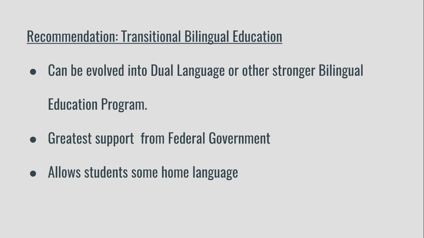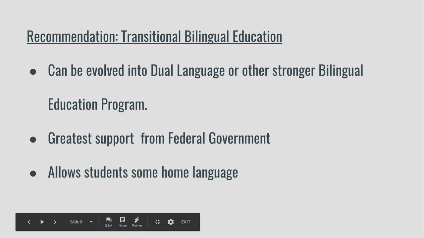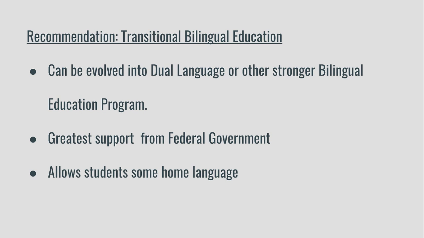The first principle is that students learn in their native language, and if that is not possible, this is the next best option, which I think is a really great option for students, especially our students, so that we show that we value their home language, but we still want them to be English proficient. And it would help us get our feet up and running to eventually have a dual language program if we start with transitional bilingual education. Thank you for listening.